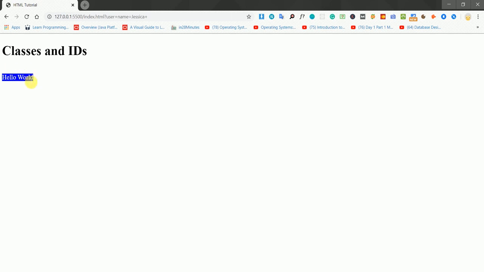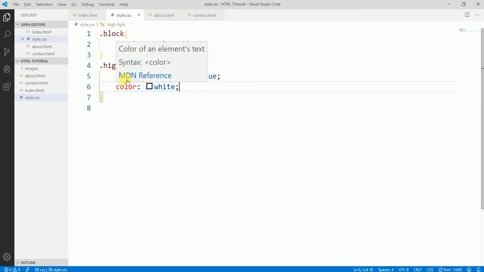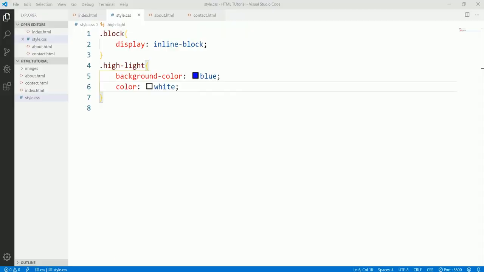It's in an inline block position, and the highlight class, the class of our paragraph, has the background color blue and the text color white. So the background color is blue and the text color is white, because the div, the section, or the division of this page, part of the page, is in inline block. Now let's go back and use the